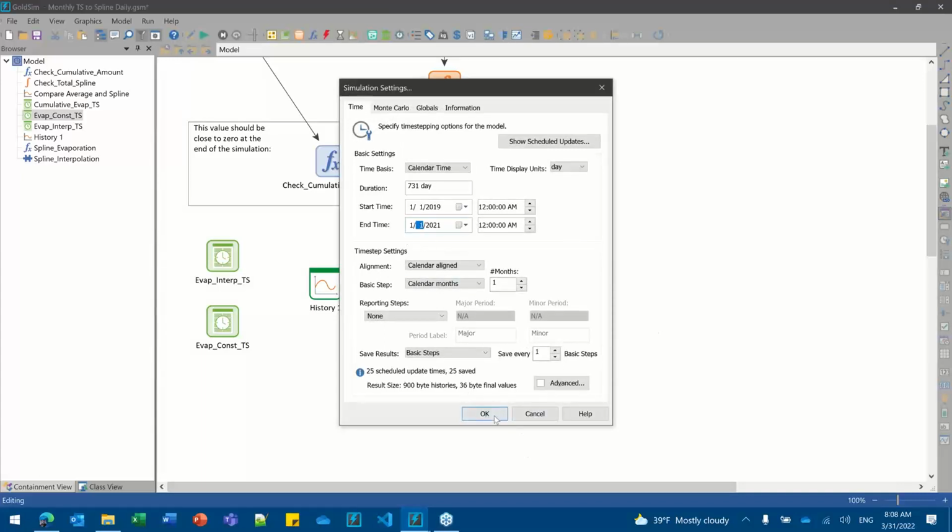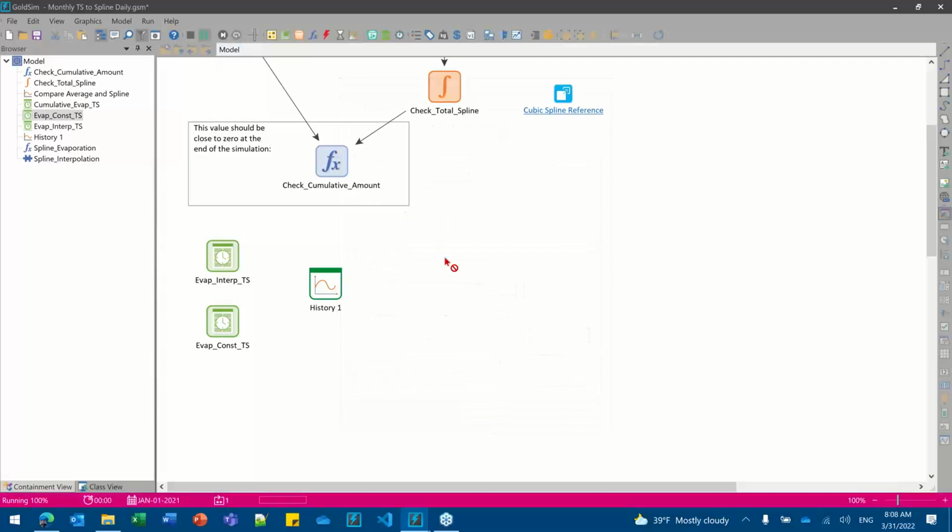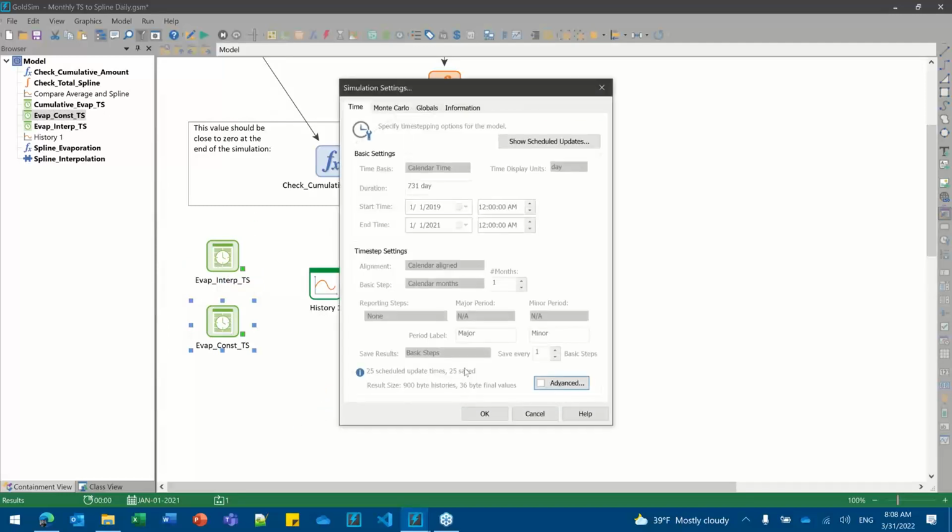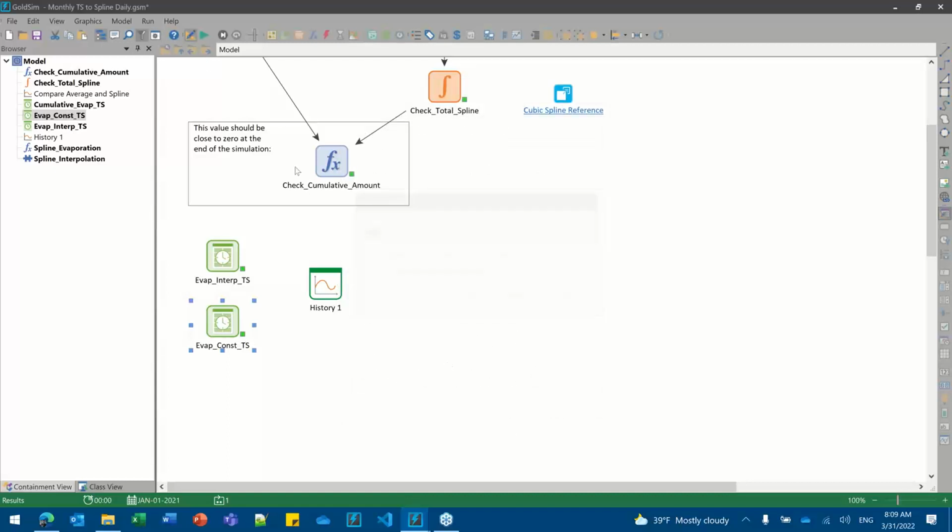Okay, so we'll just run it to January 1. All right, so now let's look at the difference. Now that I've run the model, let's look at the difference in the way that GoldSim interprets these two time series. The other thing that I don't think I really mentioned is that currently we're running a model with calendar months as time steps. So every calendar month, at the beginning of each month, it will report a time history